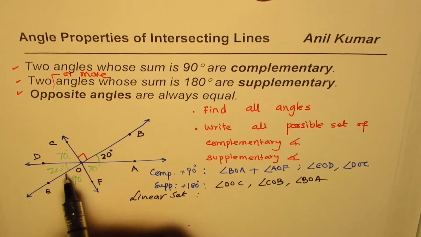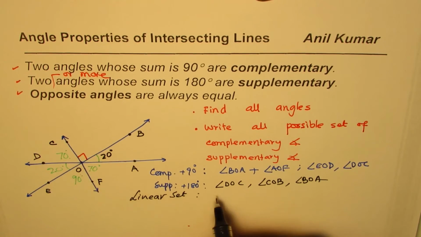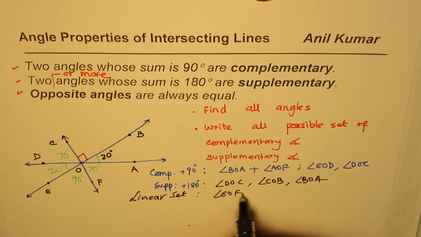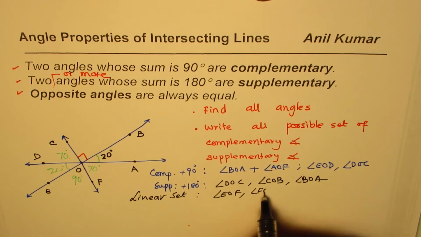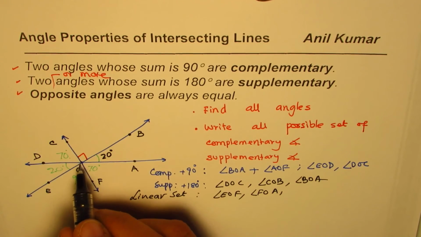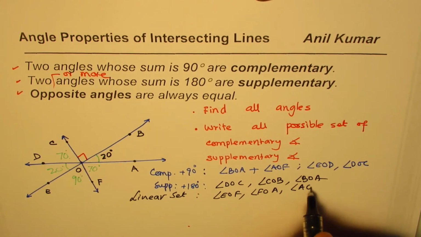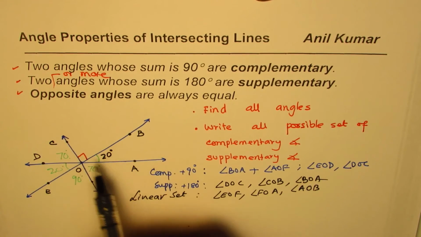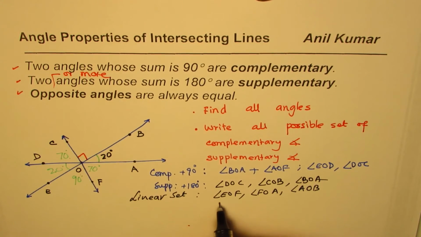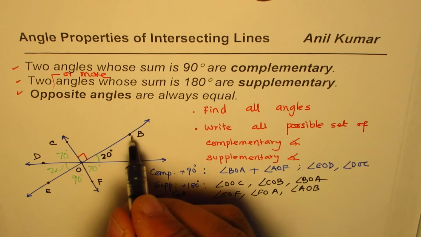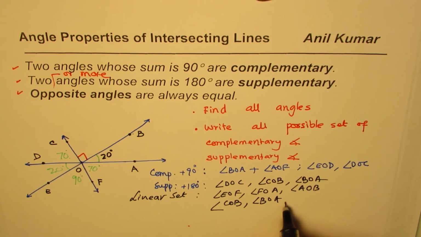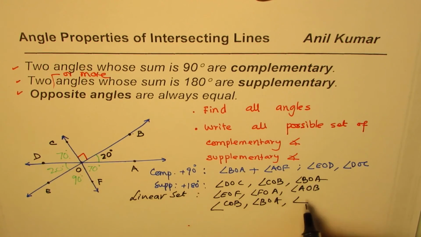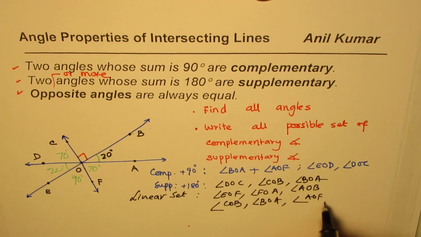The other one is on the other side, which is angle EOF, angle FOA, and angle AOB, right? Now take another line, which is CF. So for that, we get COB, angle BOA, and angle AOF, right? And then